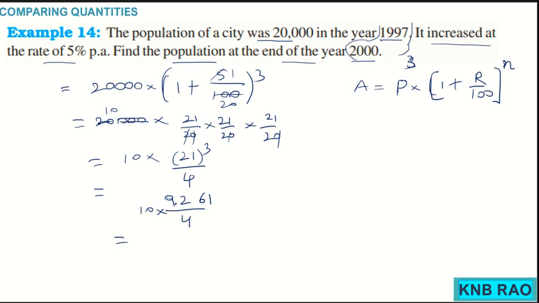When I divide 9261 by 4, you will get 4 2s and 1 carry, 4 3s, 4 1s and 2 carries here, 4 5s 20 and 1 carry. So that goes to the decimal place, 10 into 2315.25,